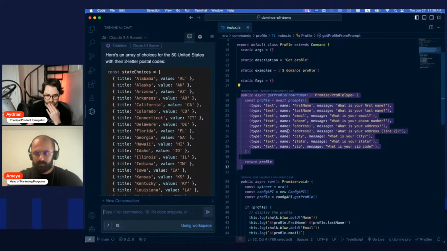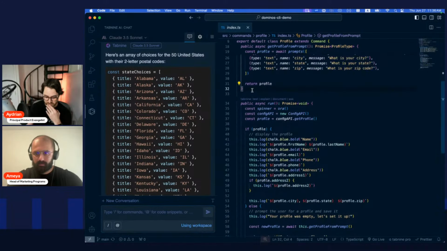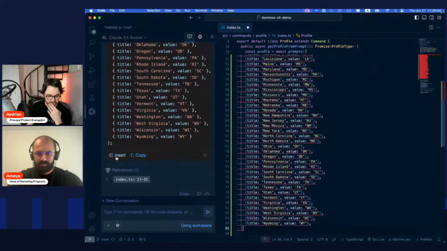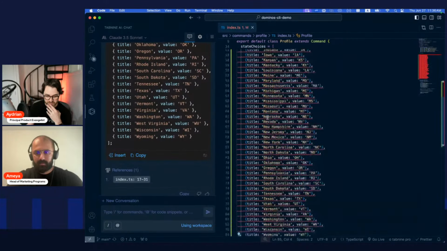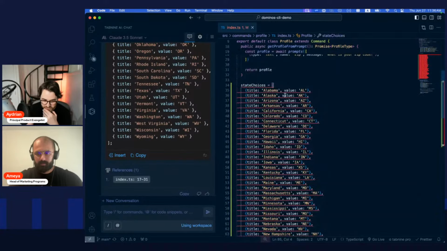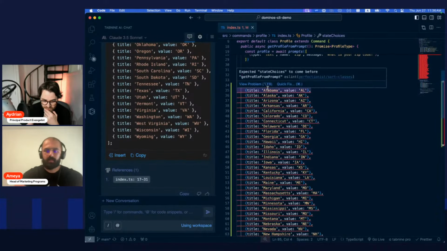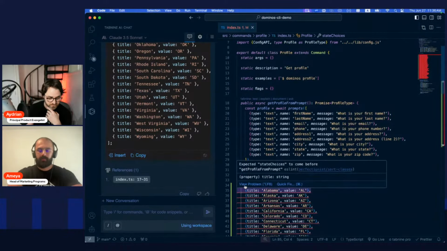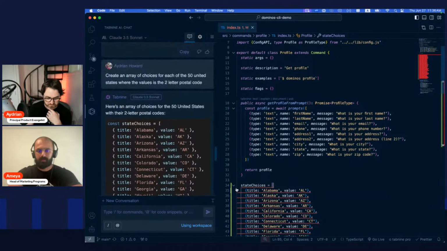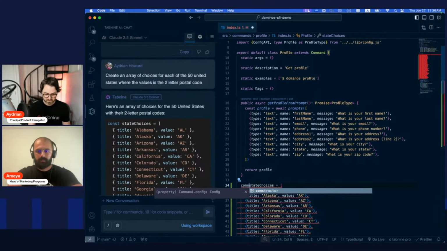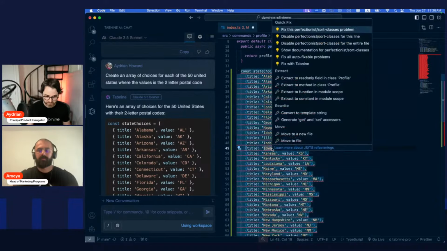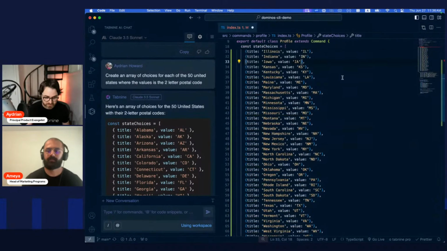And so what I'm going to do is come in here and just paste this in. So I'm just going to tell it to insert. So now we've got our choices. Figure out what's going on here. Oh, this is a... Did it not paste in my const? So this is just a problem with perfectionist.